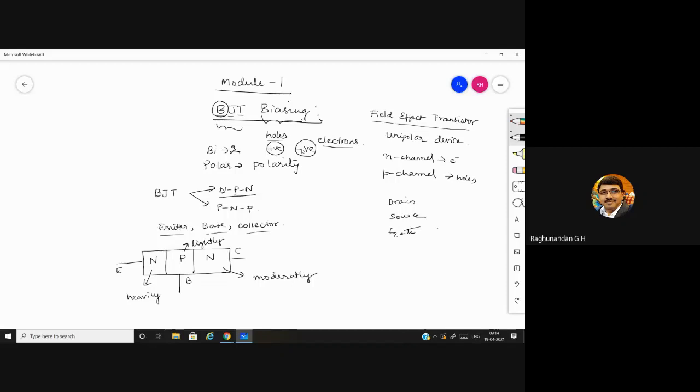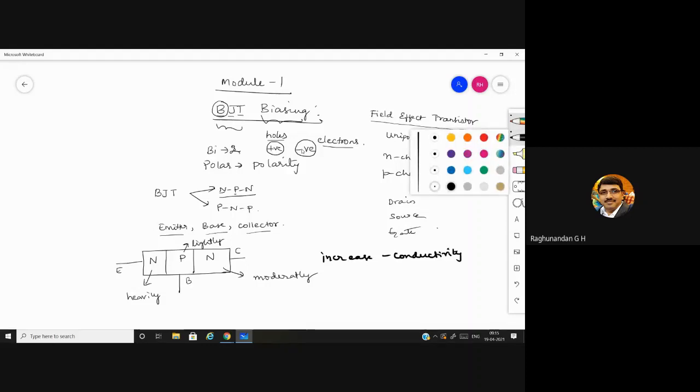May I know what is the significance of doping? Sir, it increases conductivity. Yes, very good. To increase conductivity, we go for doping. So if doping is more, conductivity will be more. So this is the structure of the NPN transistor, which is a type of BJT, and the symbol for this is